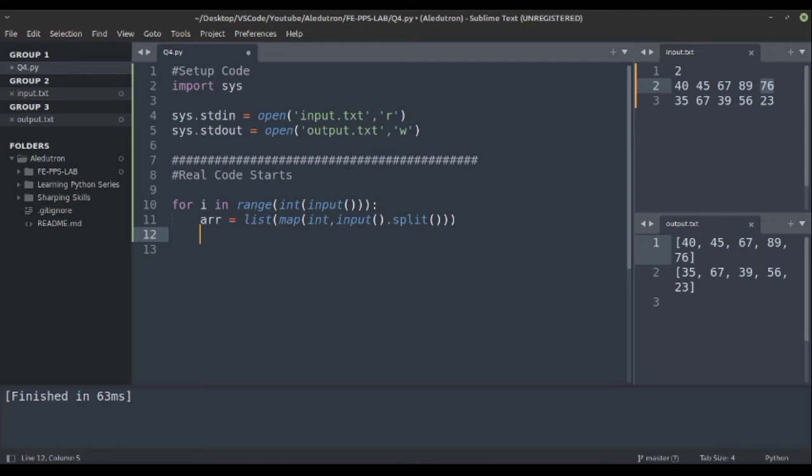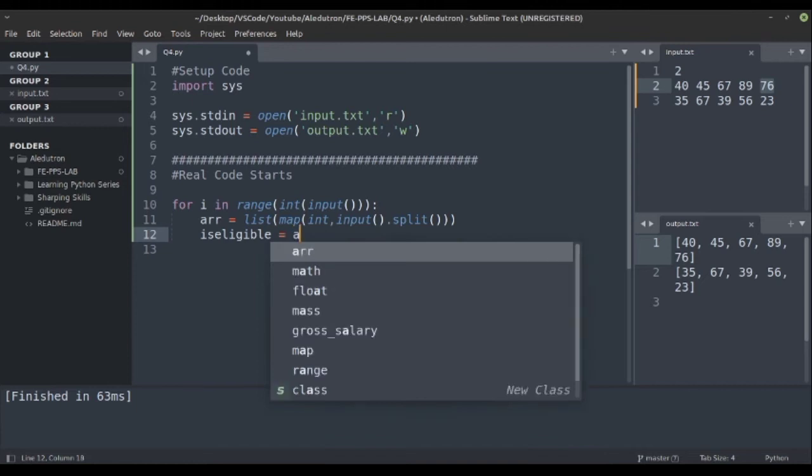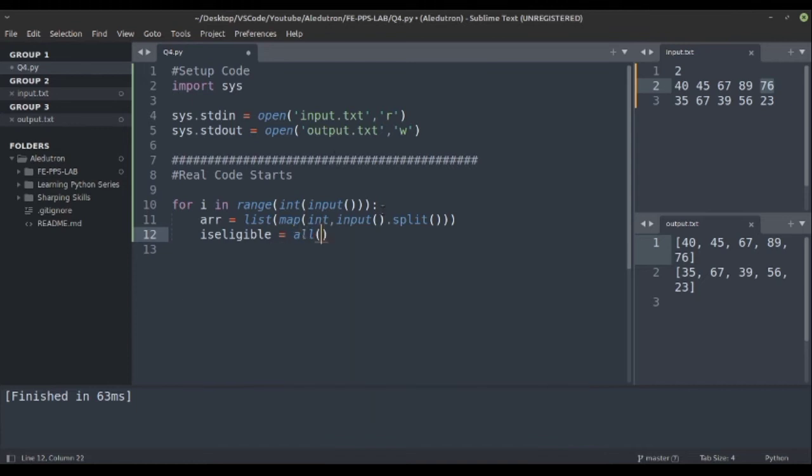So let's take is_eligible equal to all. So all is an inbuilt function which takes an iterable as an argument and checks whether each value of this iterable is true or not. So if each of these is true, then it will return true, else it will return false.